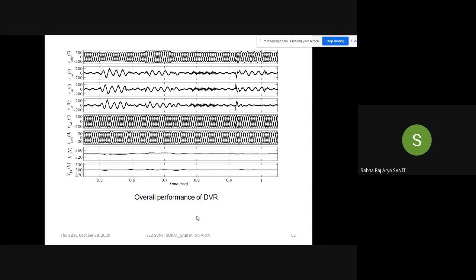Reactive power, harmonics, sag, swell and harmonics. If we have a fundamental positive sequence component, then you are going to compensate the unbalancing also. Those you can observe in load voltage VL ABC. Here also you can see after time t equal to 0.9, our requirement